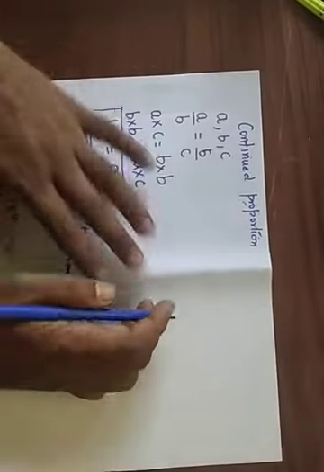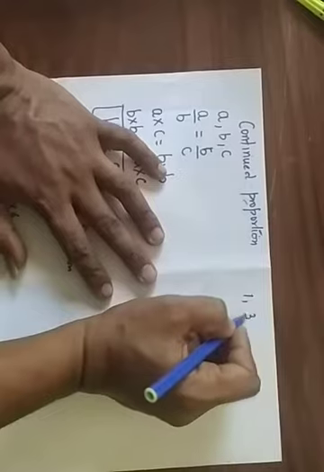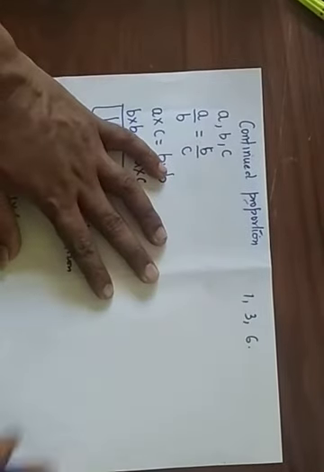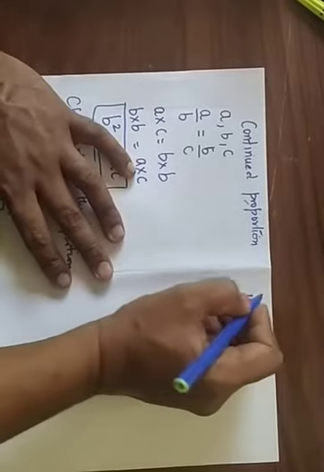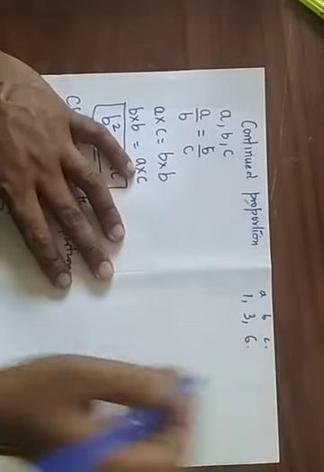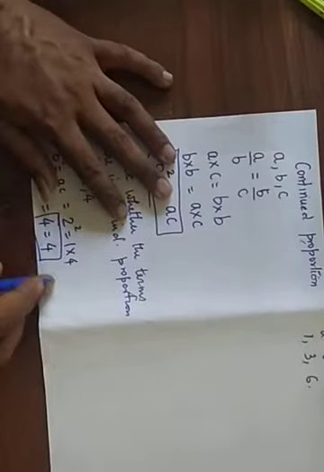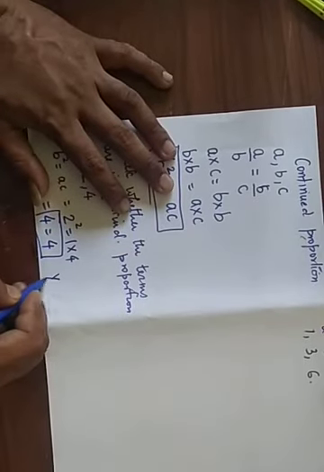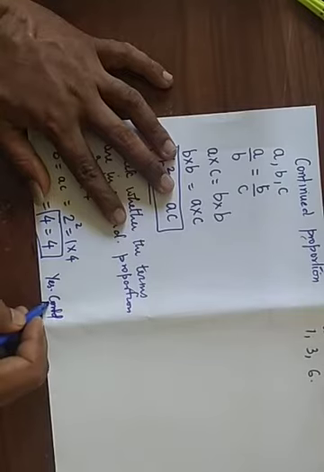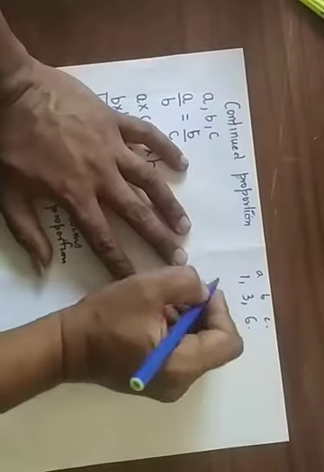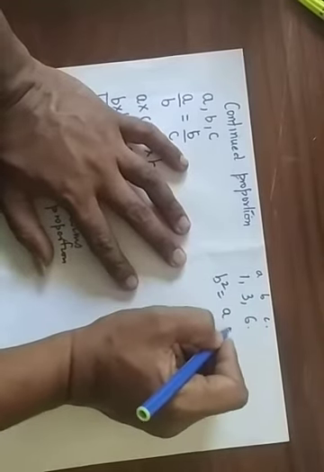Okay. Now if I give you one more problem, say 1, 3, 6. Check whether these are in continued proportion. So this is your A, B, C. So here when it is in continued proportion, you just write yes, continued proportion. And for this, let's see whether it is in continued proportion. Your formula is B square is equal to AC.